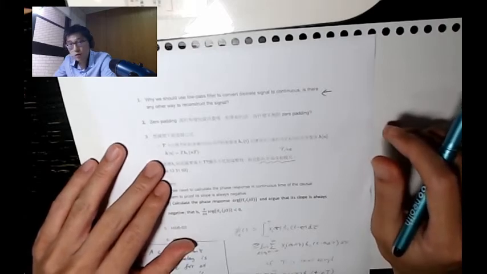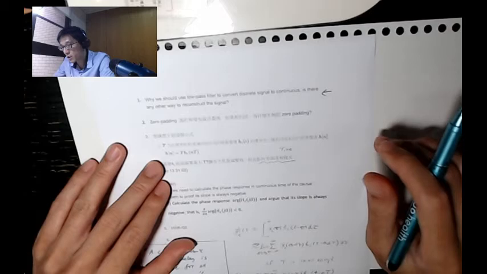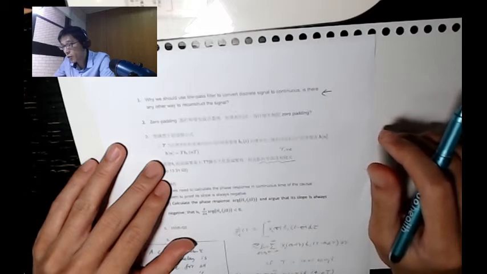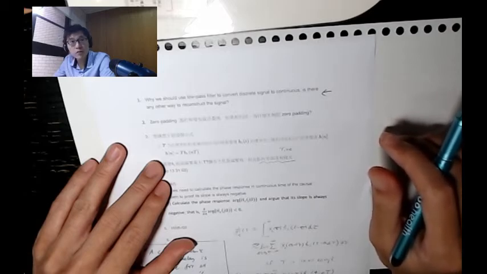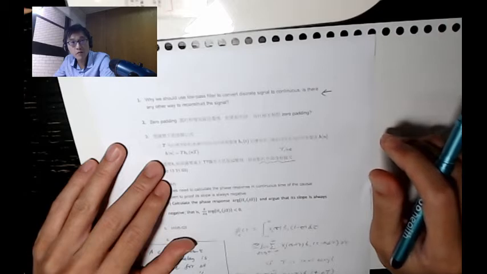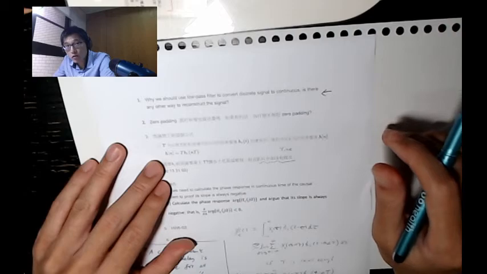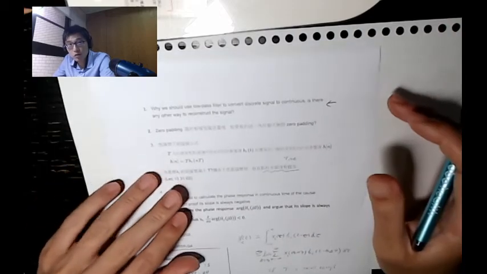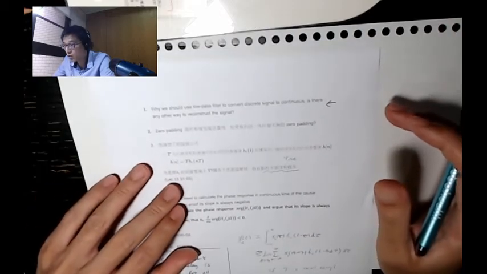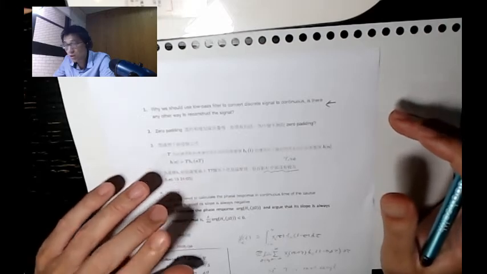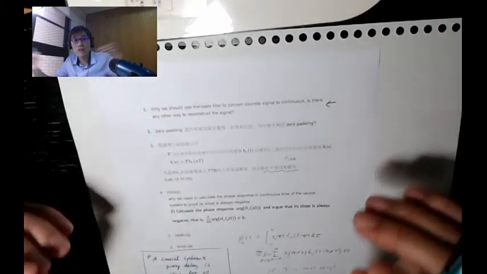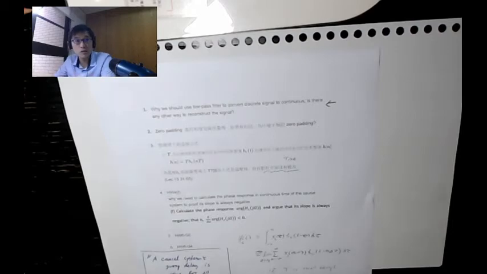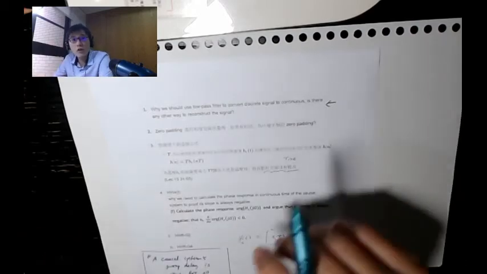So to translate that into English, the question is, does zero padding increase the amount of information? Does it increase the amount of information? If so, the natural thing to do might be, wouldn't it be great to just infinitely pad as many zeros as you want to further increase the information.